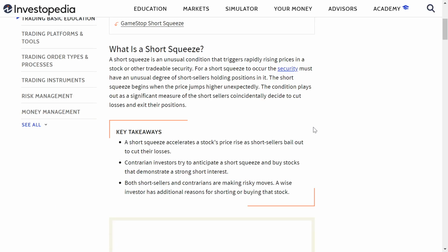It's going to short squeeze. A short squeeze, from Investopedia, is an unusual condition that triggers rapidly rising prices in a stock or other tradable security. For a short squeeze to occur, the security must have an unusual degree of short sellers holding positions on it. Now, it's pretty straightforward. Shorts are shorting, and then it starts popping up, and then they get a little bit scared, so they start covering and covering and covering, and then there's no shares that you can borrow to continue